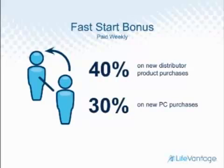All right, so we've got that monthly pay period, but then we have a weekly pay period. And the Fast Start bonus and the Infinite Fast Start bonus are paid out weekly. So the Fast Start bonus will pay you every time you enroll a Vantage Pack distributor. So every time a new distributor comes in and purchases product, whether it's the Vantage Pack or whatever they purchase,